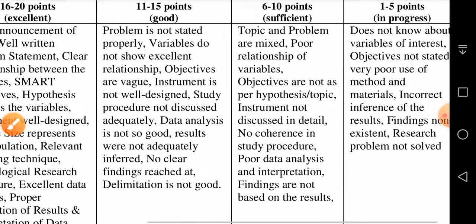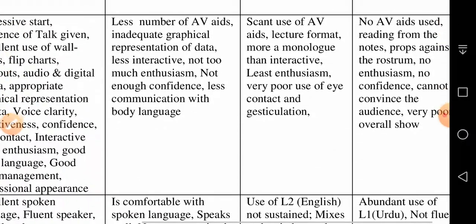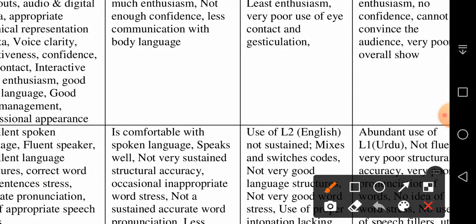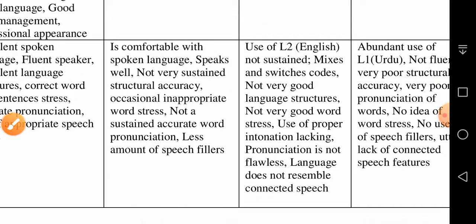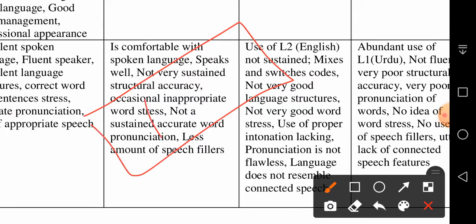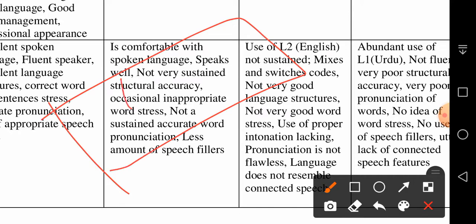So how are you going to arrange your slides? I think it is a normal presentation, but there should be a title slide, there should be a talk sequence given. You must mention your topic. Topic should be given on one slide. Then you must mention your population and your sample size, and what data collection tool you used. So on one slide like this, you should mention the instrument, like a questionnaire.